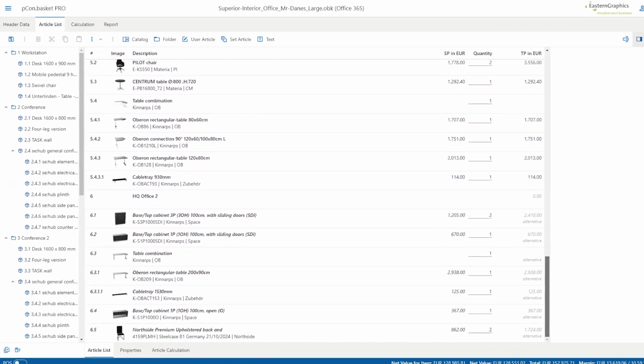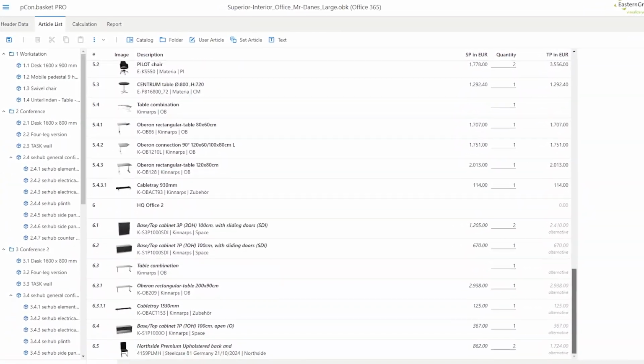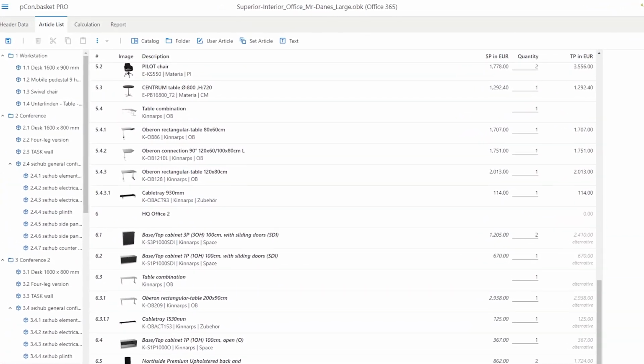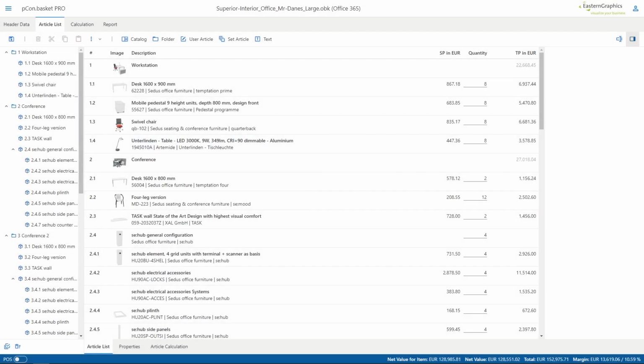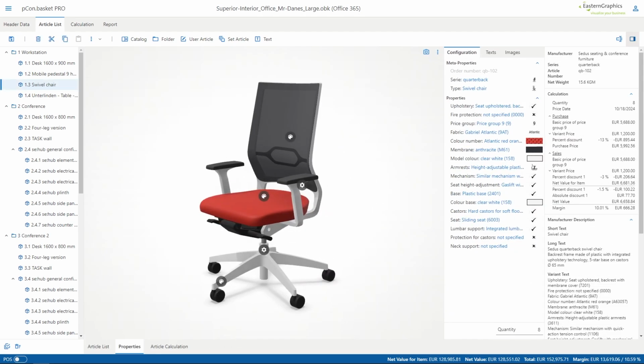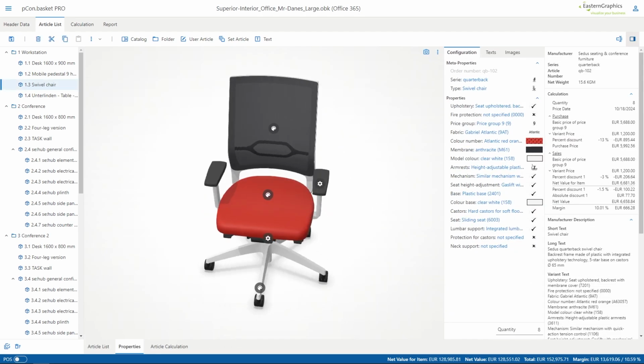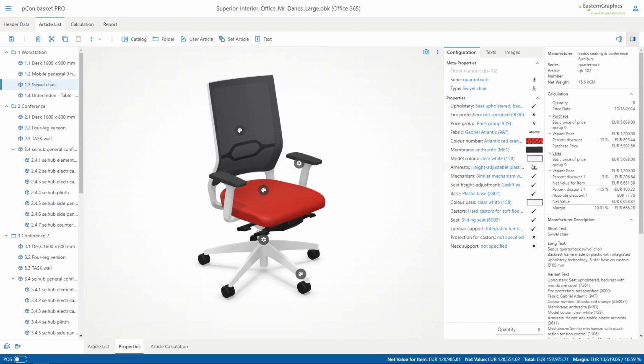Huh? Where did the article go? Has it ever happened to you that you accidentally deleted one or more items from your list? It can happen quickly. With the recycle bin in pCon.basket, this is no longer a problem. In this video, I'll show you how to easily restore deleted articles in pCon.basket, including the configuration and calculation you